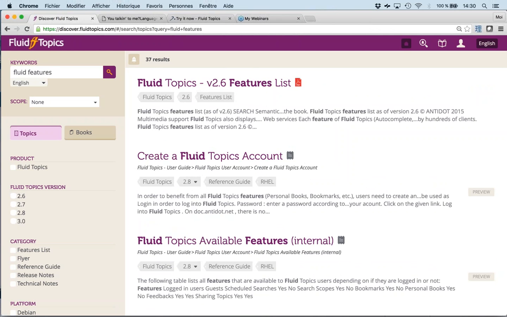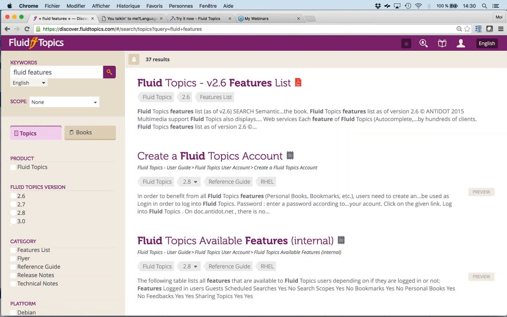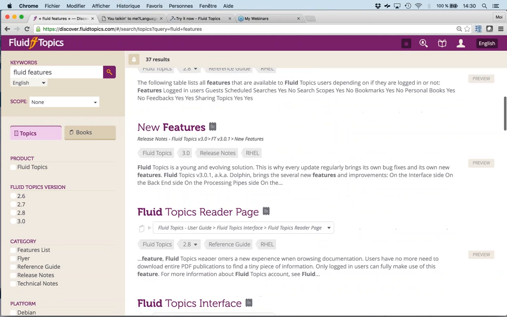And I mentioned the fact that we have aligned the facets automatically. So you see here, this topic comes from a CMS. This document comes from another source, and still you see that they have the same facets. So we have added the mechanism. And if I click here on 2.6, well, that's the only document I have on 2.6. That's not a good example.